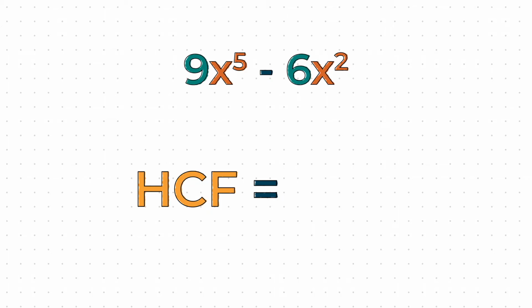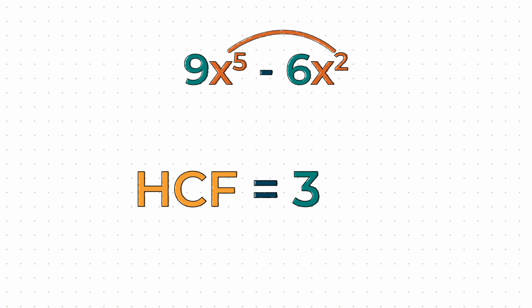Now let's look at factorizing powered terms. The first step is finding the HCF of the coefficient numbers. The HCF between 9 and 6 is 3. If you don't believe us, write down the factors of each on a paper and see for yourself. Secondly, factorize the powered terms. Get ready for this, because for the first time in your maths life, working with letters will be simpler than working with numbers. When there are powered terms that share the same base,